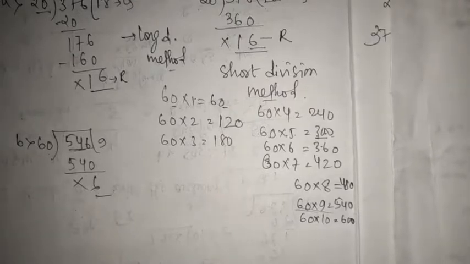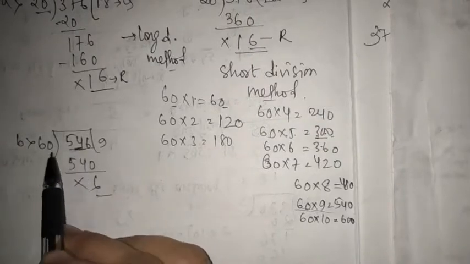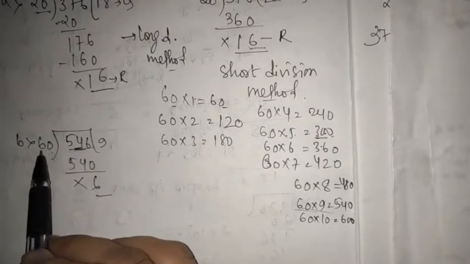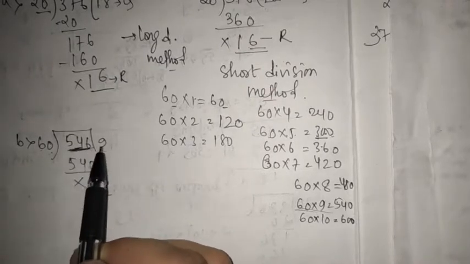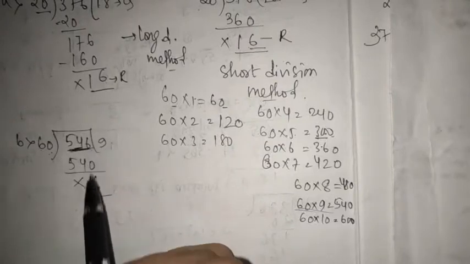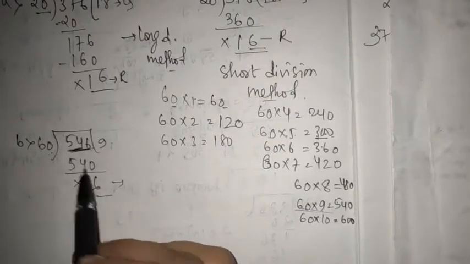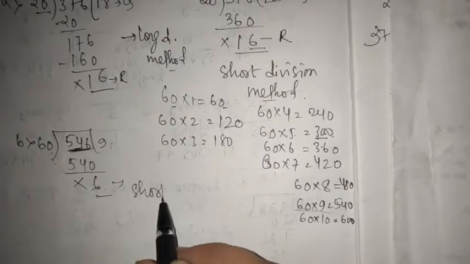Alright, because you saw the condition that 54 cannot be divided by 60, because 60 is a greater number. So we will take all the 3 digits over here. When you take 3 digits, you have to consider 69. Now what is left out is 6. So 6 cannot be divided by 60 again. So this will be the only one method which we are going to use for this condition, that is the short division method. No long division method here.